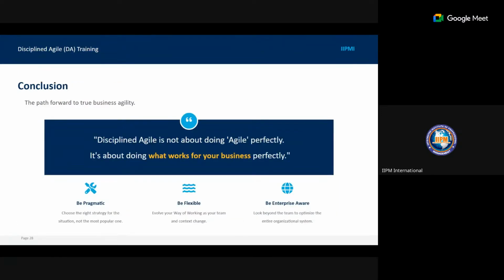And on this note, in conclusion, DA is the path forward to true business agility. Disciplined Agile is not about doing Agile perfectly.